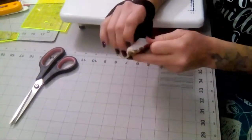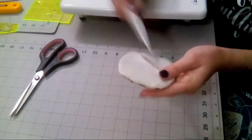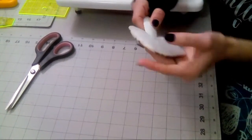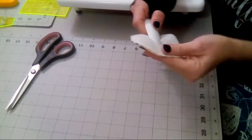Okay, so I'm going to use my finger at first to push all the way around inside of my circle. And I'm going to grab my tool and put it on the fabric side, not on the interfacing side, because I don't want to rip through the interfacing. And I'm going to go very slow around my not so circly circle because it's kind of starting to look